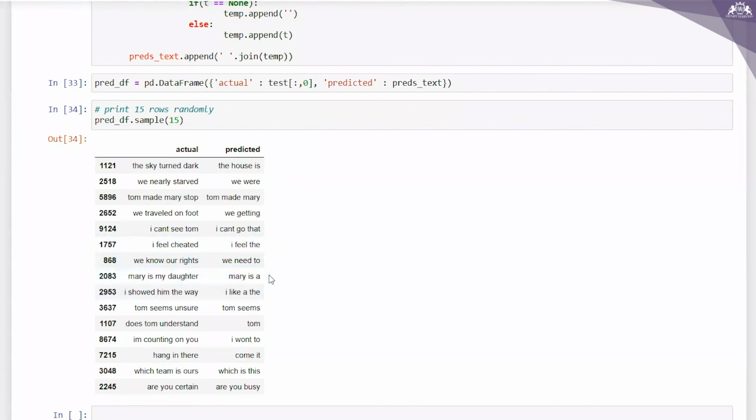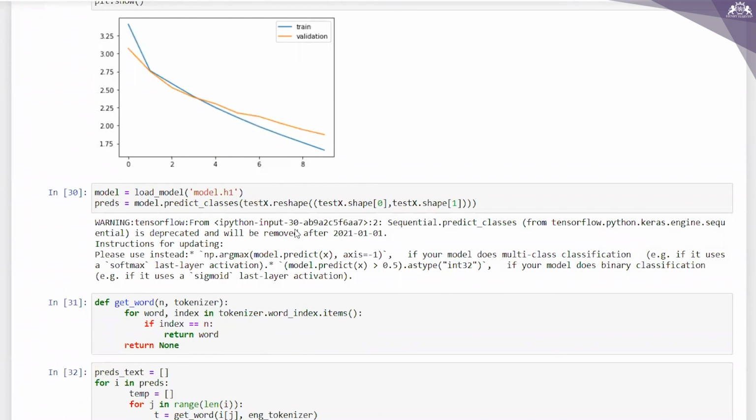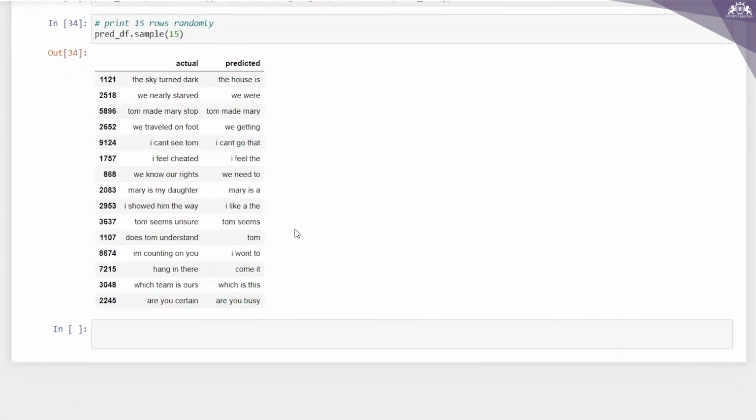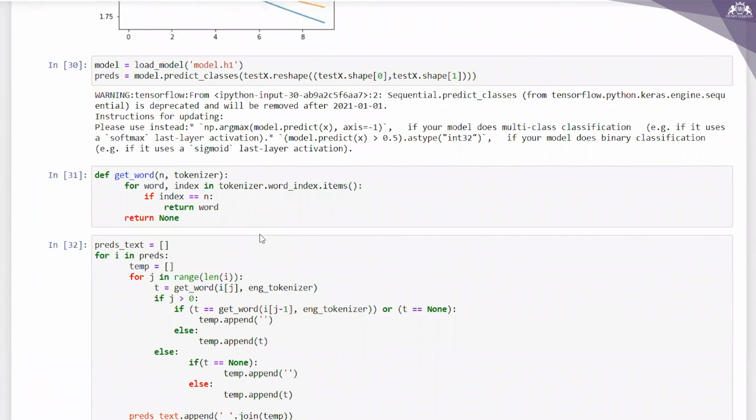Mary is my daughter. I have tried only for 10 epochs, and if you try for 30 epochs, definitely that will give you a very good result. You can try with that, right? Our sequence to sequence model does a decent job over here, but there are several instances where it misses out on understanding the keywords. Say I can see something like, does Tom understand? It is being stopped at Tom and all, right? So there is some misunderstanding of the keywords also.